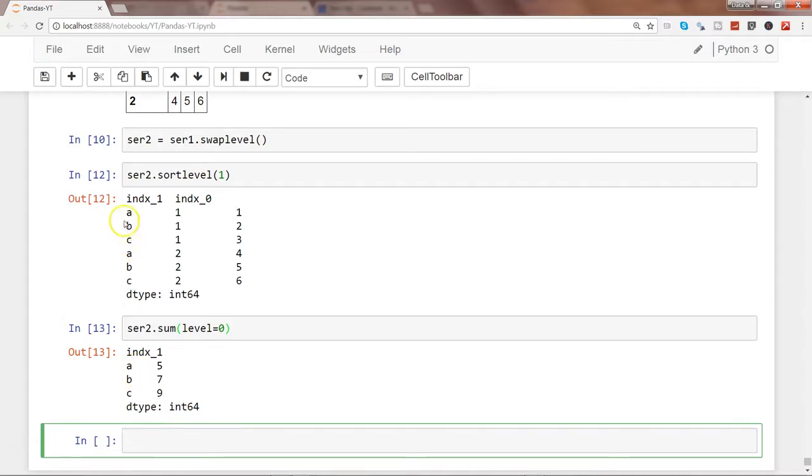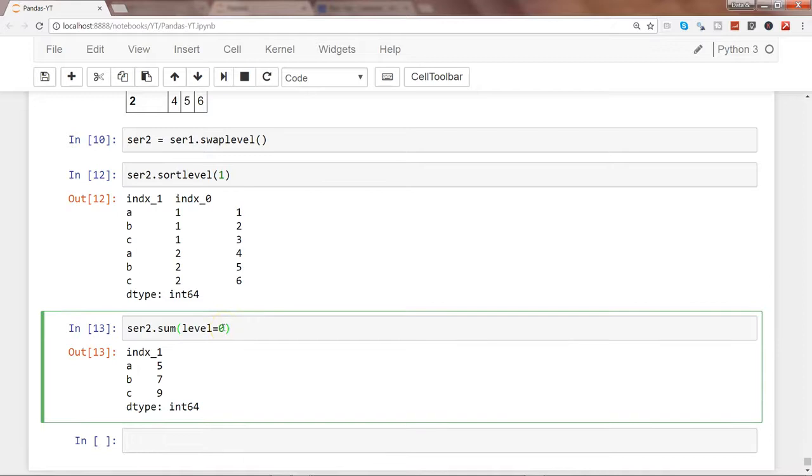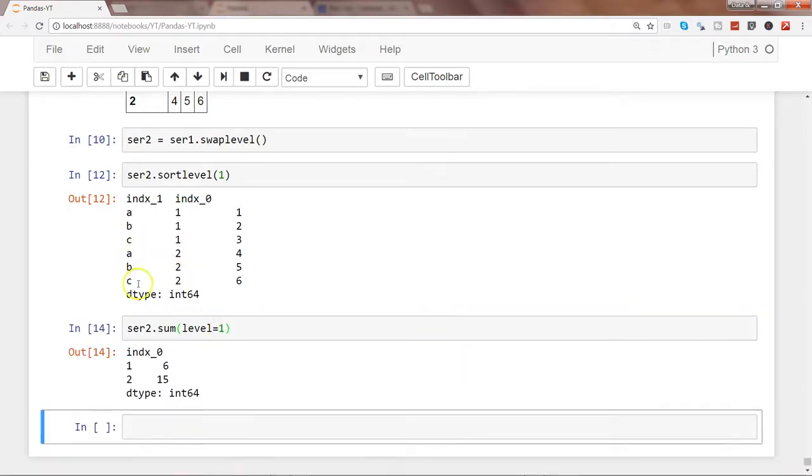So here we have for A 4 plus 1 5, for B it is 5 plus 2 7, and similarly for C you have 6 3 and 9, and like level 0, since you have two level 0 and level 1, you can have the sum by level 1 as well.